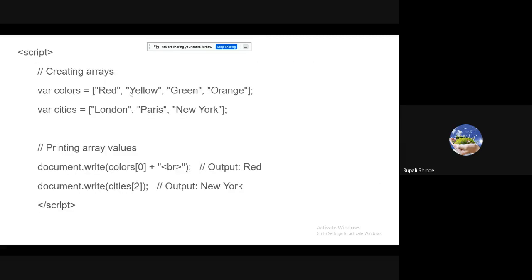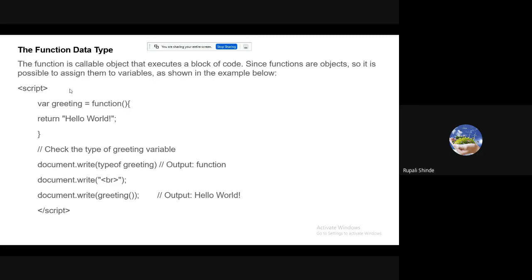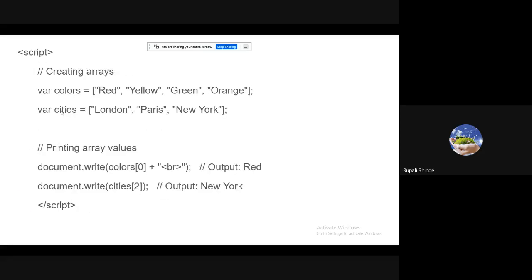Here we have arrays of strings, where the first array's name is color, and the second array's name is cities, where we store the names of cities. In the color array we store the color names, and we display them with respect to the index value. Here we write document dot write in brackets color of 0.